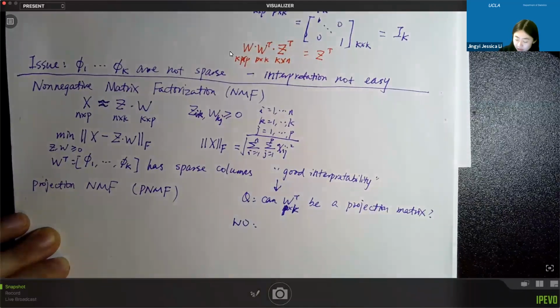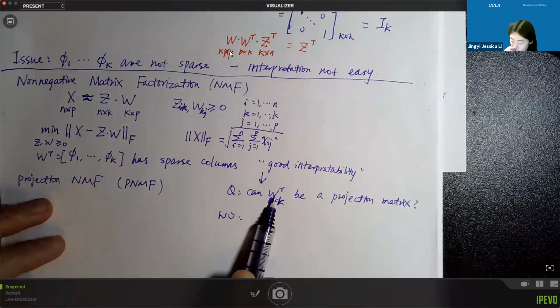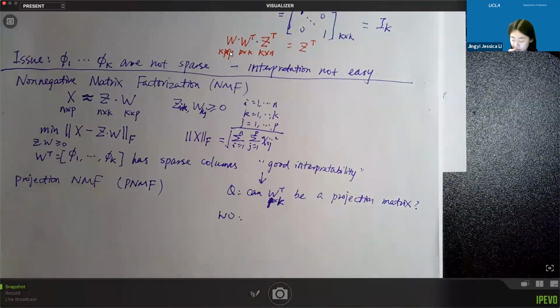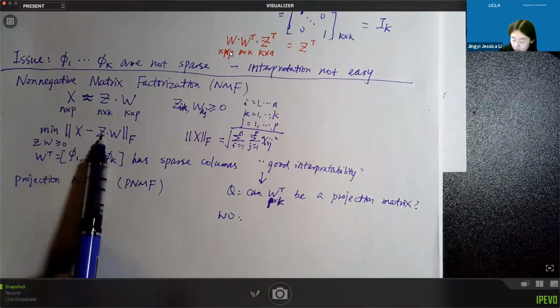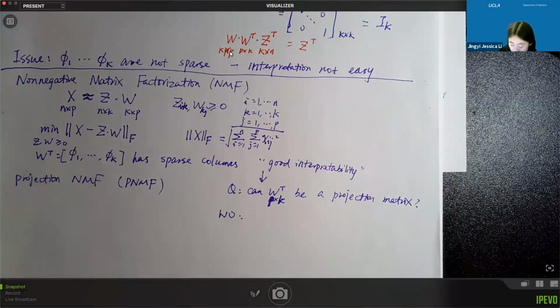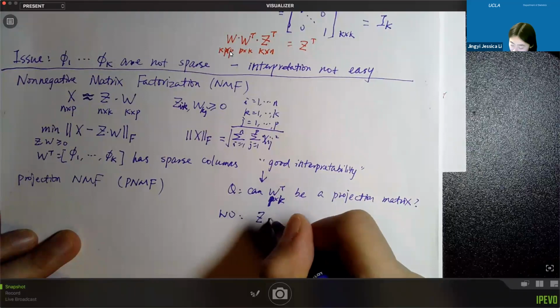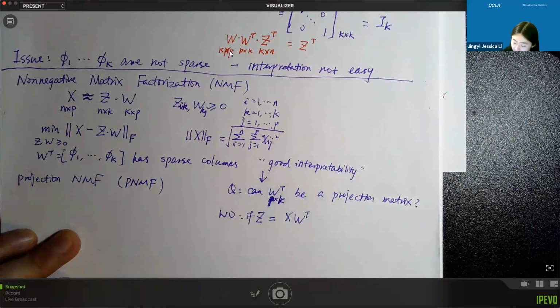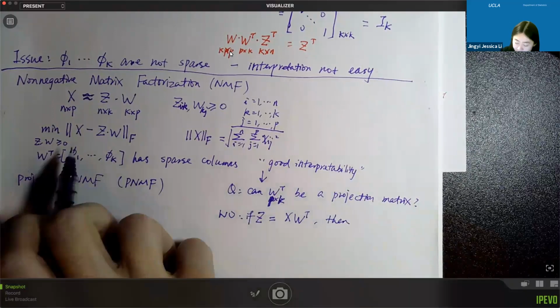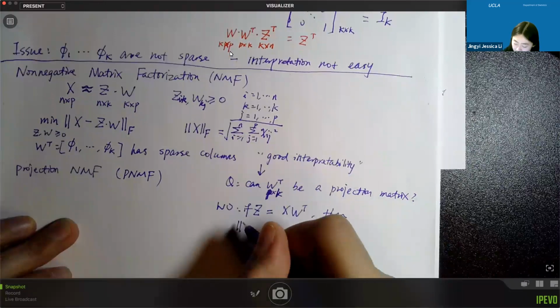The reason is that imagine if you can let W transpose be a projection matrix, then we can say, okay, given that, the Z would be the embedding or the projection result after we project X to the K dimensions. That will be our Z. So in this case, we can write Z equals X W transpose, then the objective function or loss function to be minimized